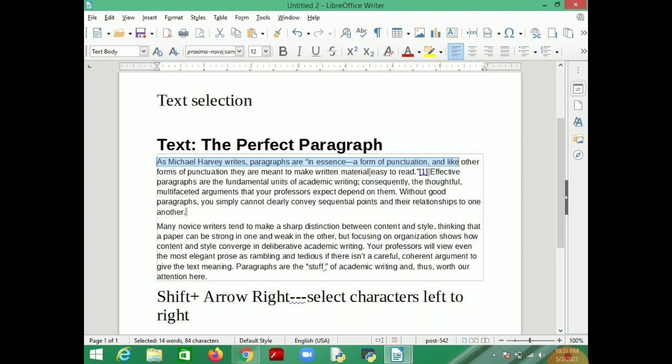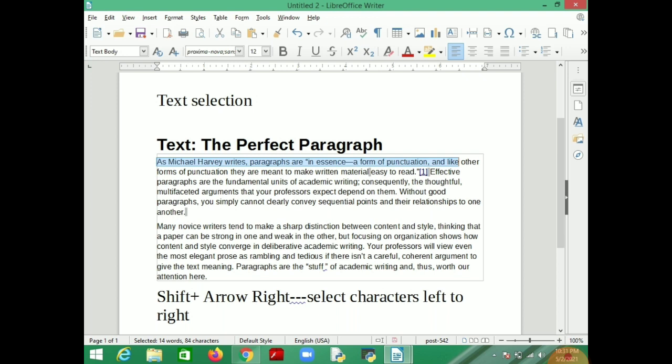So we took a sample paragraph of text. When you press Shift plus the right arrow on the keyboard, it selects characters from left to right. If your cursor is on 'as' and you press Shift then the right arrow, it selects 'Michael Harvey writes paragraphs are in essence a form of punctuation and like'.